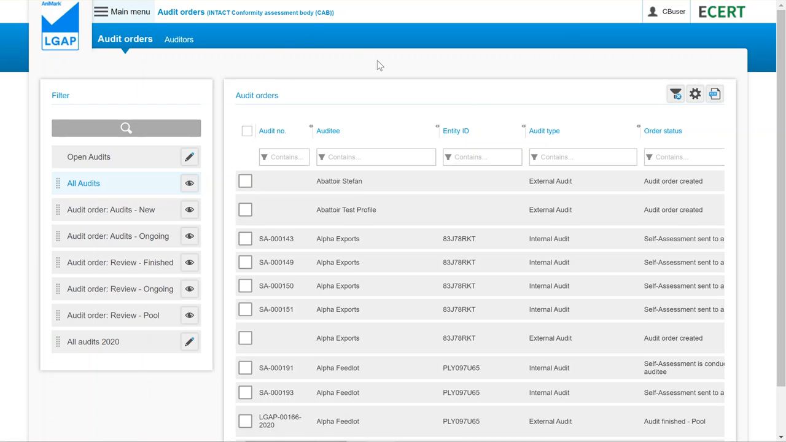This video will show you how to navigate the AniMark Conformance System as a certification body. This video will show you how to oversee audits as well as look up entity details. Once you've logged into the AniMark Conformance System, you can navigate to different views by clicking on the main menu